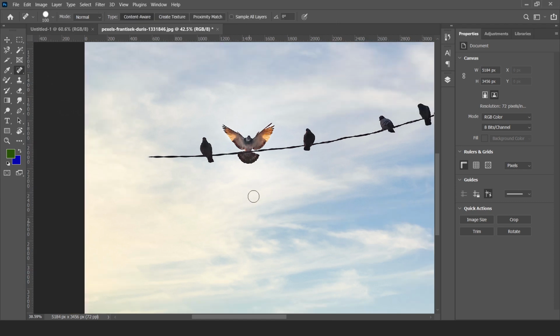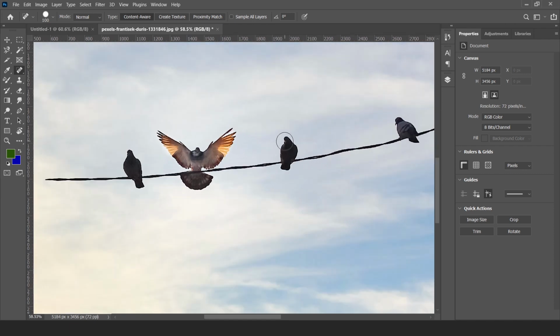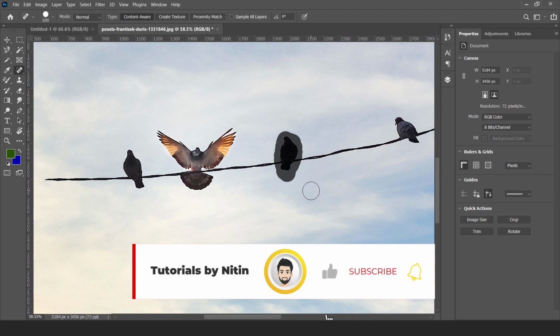Suppose we have to remove this pigeon. Let's do this and wait for it. The AI of Photoshop will automatically remove the object, or you can say remove the spot.